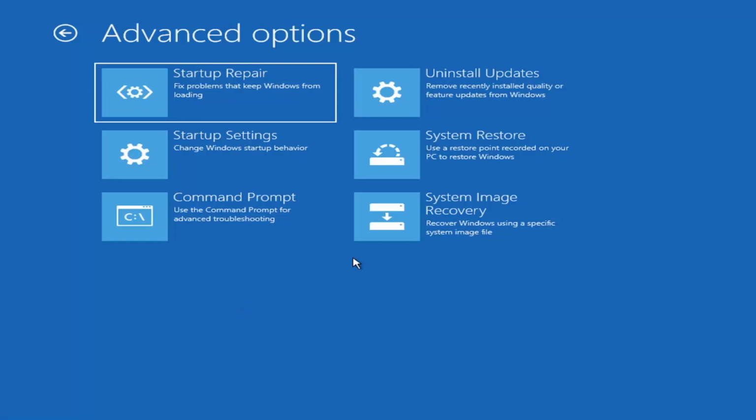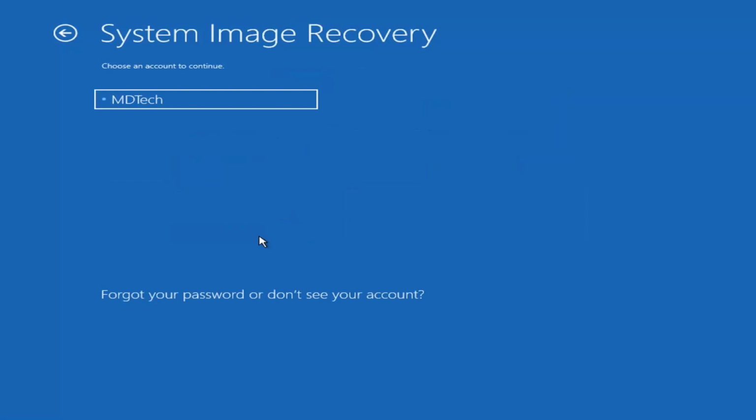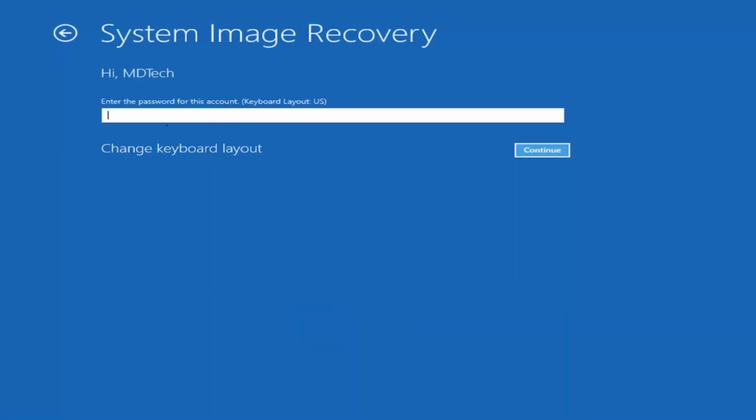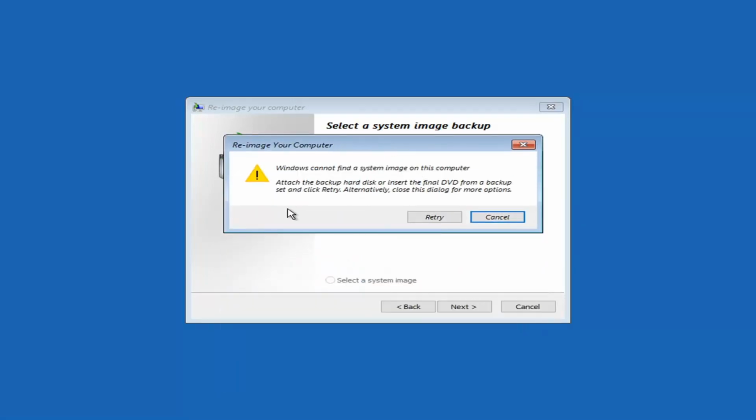Another thing too, you can try the system image recovery option, which, if you have a saved CD or DVD of a backup, you're welcome to do. It's more common if you had an older version of Windows, like the Windows 7 backup and recovery option. Not as common, most of you guys probably don't actually have that, but I will just go ahead and type it in, select continue. Actually, I think I don't even have a password on here. And anyway, you can see there's no system image on this computer, and if you had a backup DVD or some other external hard drive that you can connect to, you could do that through here